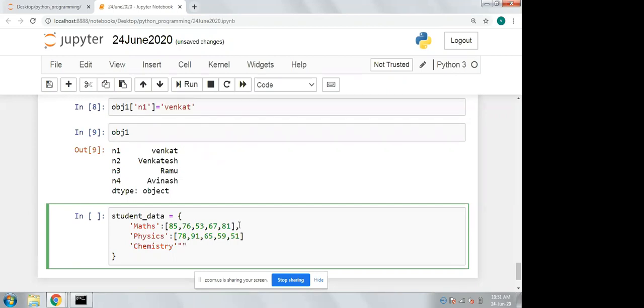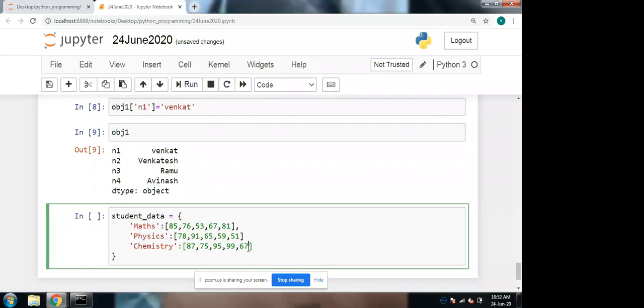For that purpose I'm taking the data in a dictionary, giving 5 values for every subject.